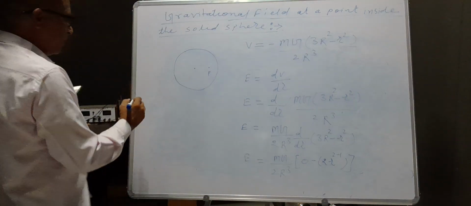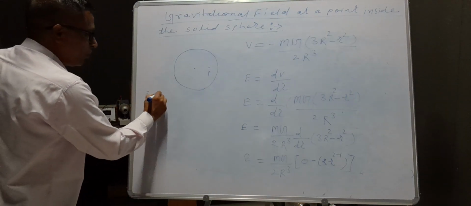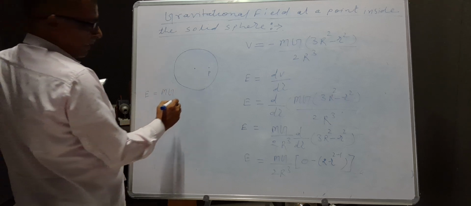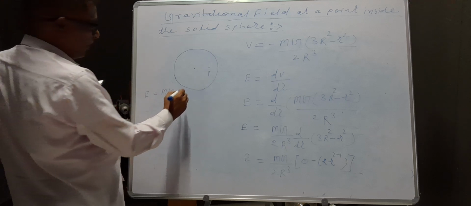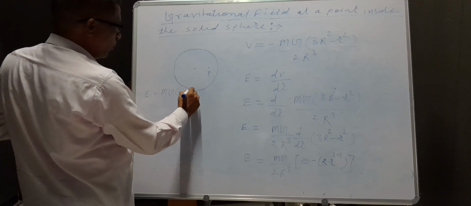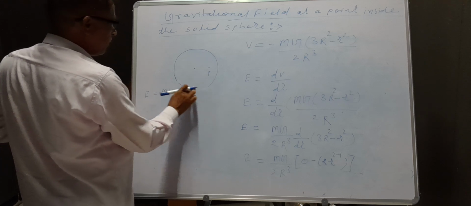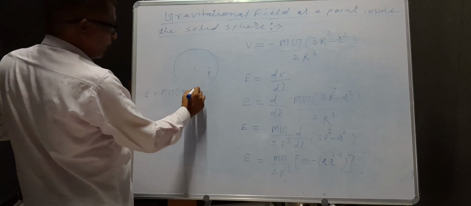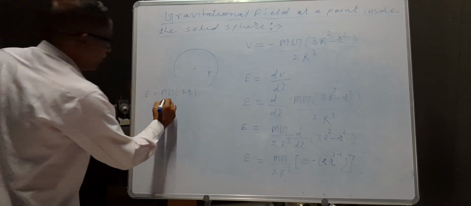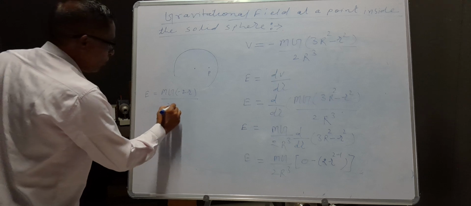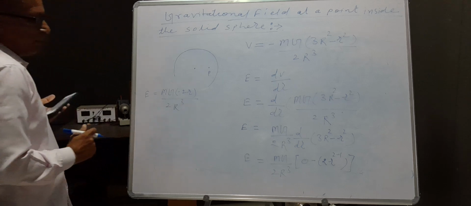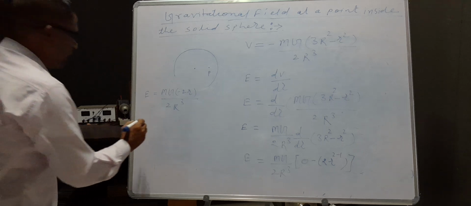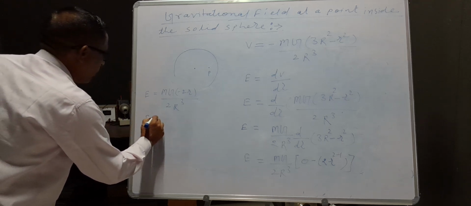This can be written as E equals GM into the bracket minus 2r upon 2a cubed, and therefore this can be written as E equals minus